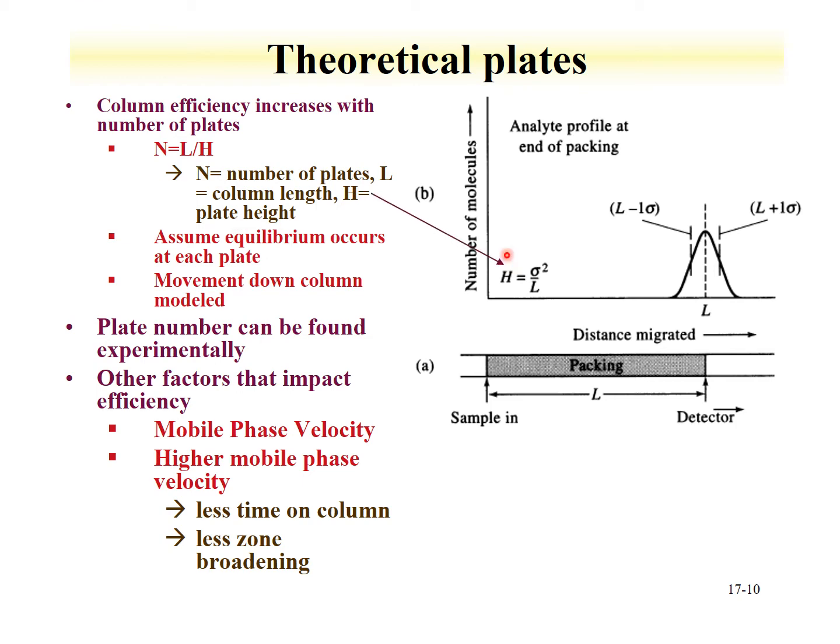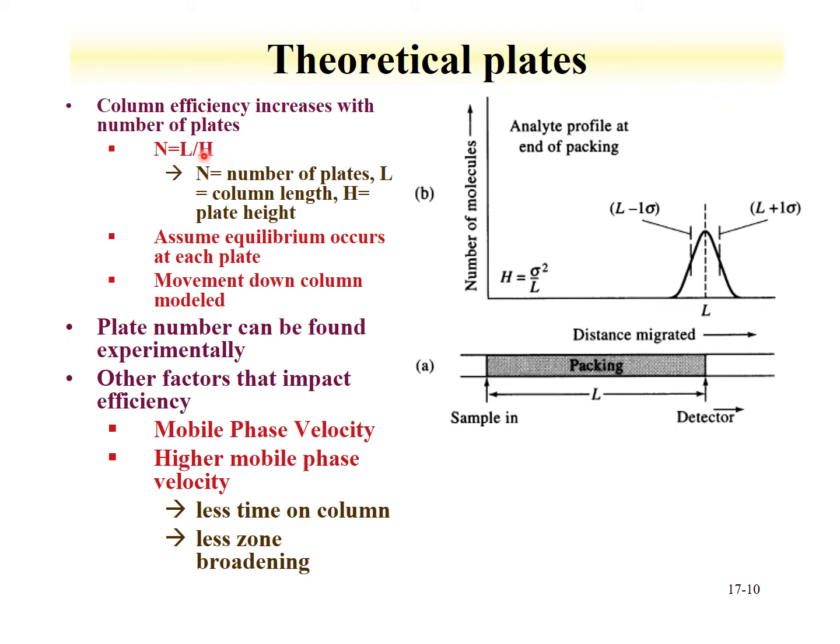H, this plate height, is just described as the square of your standard deviation divided by the length. Some of the basics of theoretical plates assume that equilibrium occurs at each plate, and from this you can model the movement of analytes down a column. You can find a theoretical plate number experimentally from the equation that's shown here,